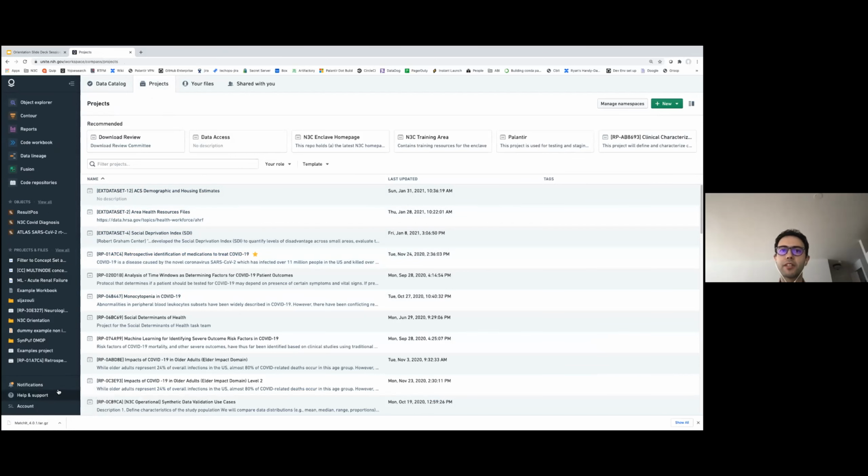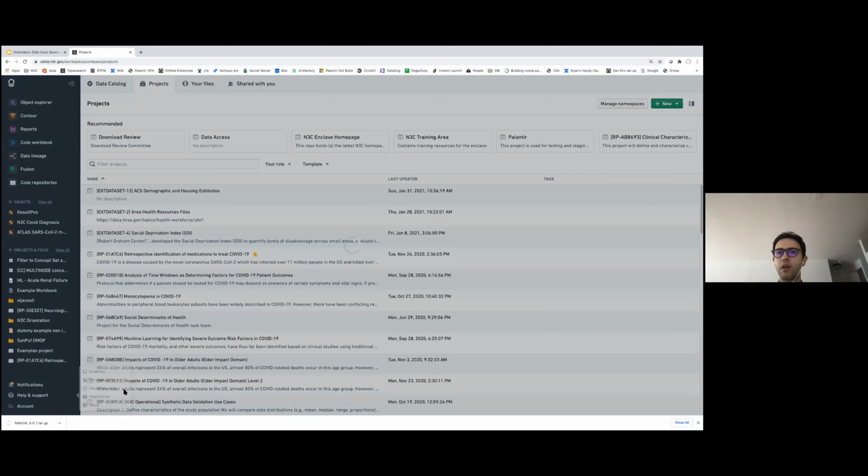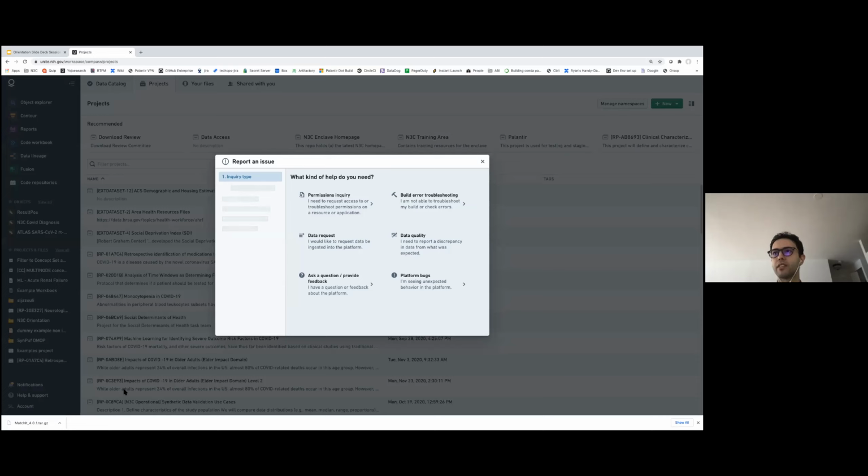And then last but not least, the help and support button in here gives you access to some resources if you need help. Some of them are Academy and documentation, which I talked about when showing the homepage. And another one is if you want to report an issue, which is basically creating a support ticket within the Enclave.